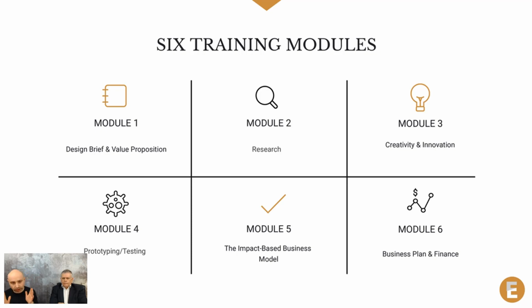So we want to clarify exactly which kind of persona, and we will specify what a persona is, or which type of customer we want to serve, which type of needs of those customers we want to address, and also maybe what price we are going to charge for our product or service. That is module 1. That is the groundwork. Without that, we can't even start talking about design. We need to start putting the basics.